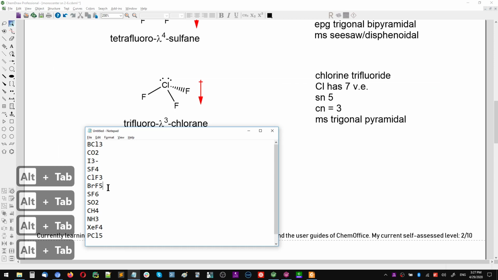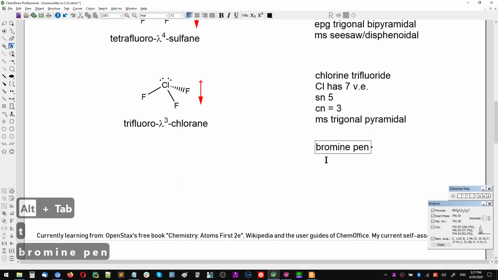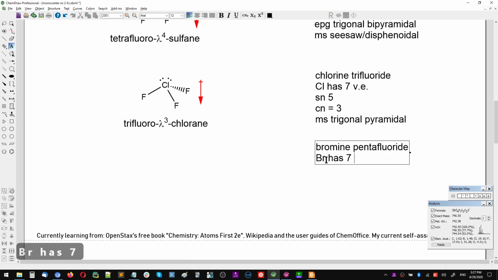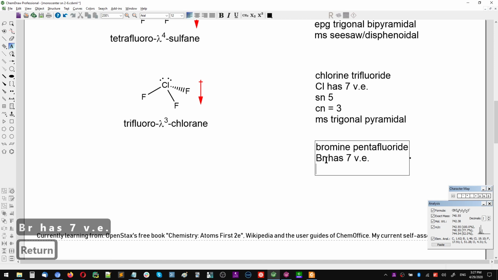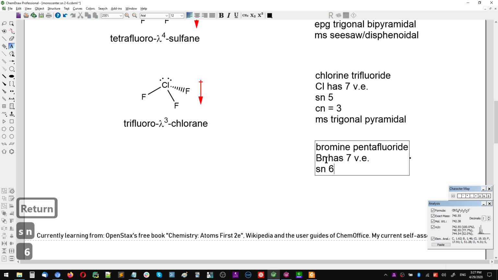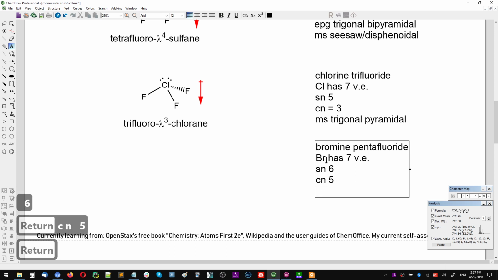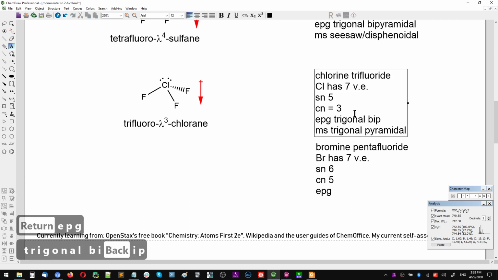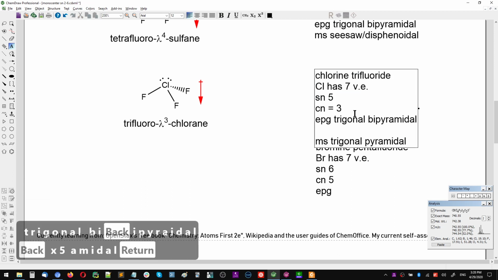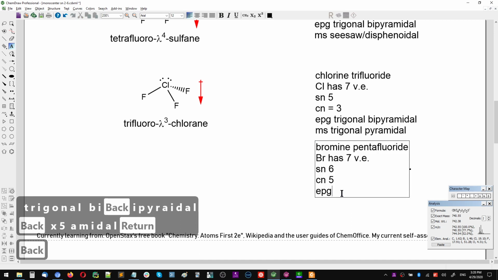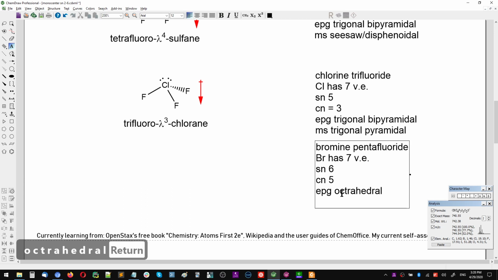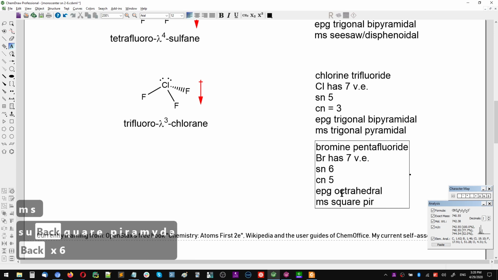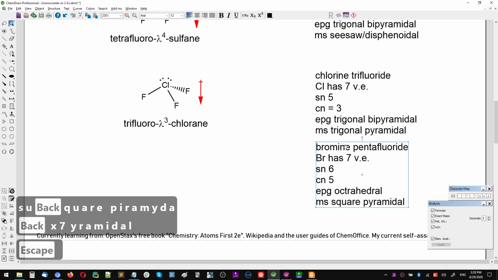Okay, bromine pentafluoride. Bromine pentafluoride. Bromine has 7 valence electrons. 5 of them are taken, plus 1. We have a steric number of 6. The coordination number is 5. The electron pair geometry is octahedral, and the molecular shape will be square pyramidal, and this is not how you write it,